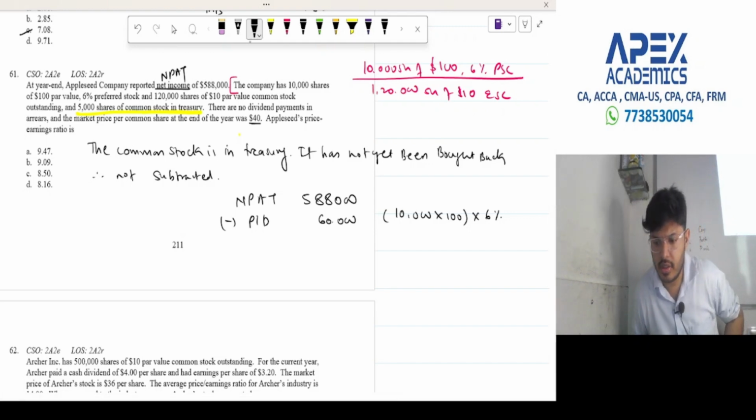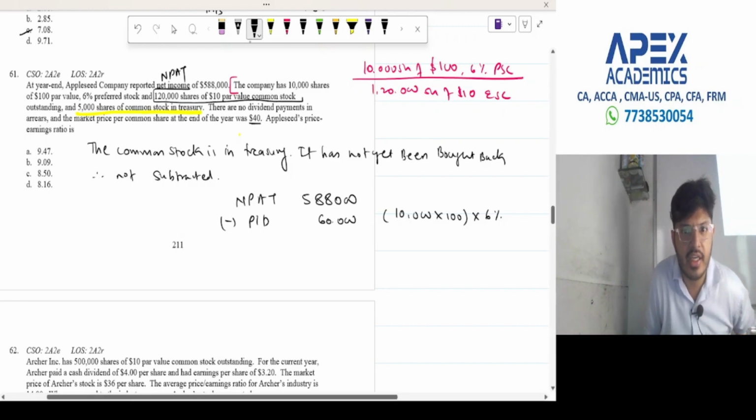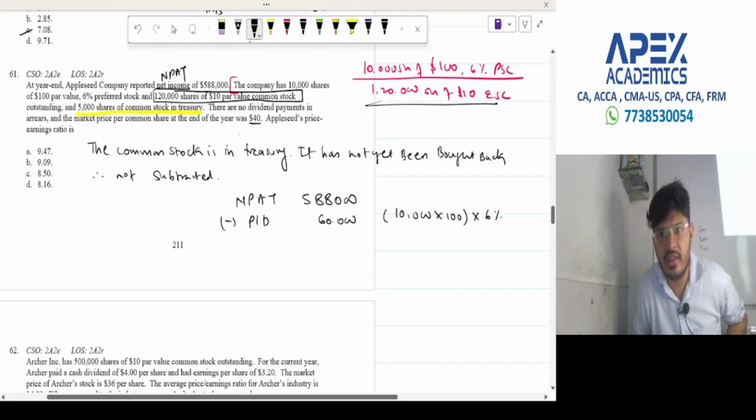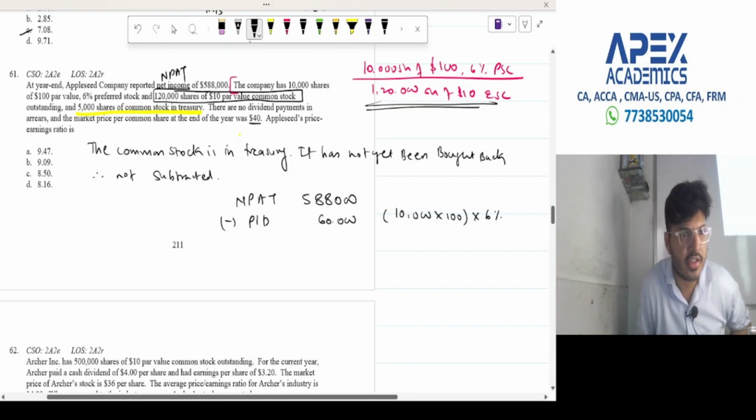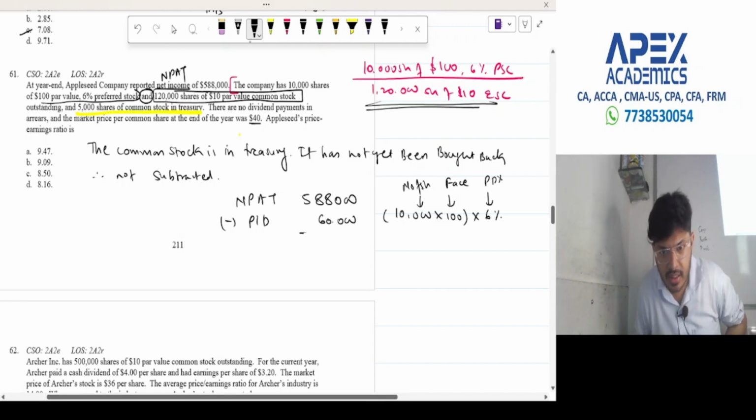Sorry? 1,20,000 shares of par value. ये equity shares है. ये इधर मैंने क्लैरिफाई किया ना, ये पर्पसली वो स्टेटमेंट, the company has 10,000 shares of $100 par value 6% preference stock, बीच में ये कंजंक्शन है and 1,20,000 shares. तो ये तो 10,000 शेयर है आपके 100 रुपीज फेस वैल्यू के, ये इसका प्रेफरेंस डिविडेंड का परसेंटेज है। ये नंबर ऑफ शेयर है, ये इसका फेस वैल्यू है और ये उसका प्रेफरेंस डिविडेंड परसेंटेज है। Do I make myself clear, yes or no? सो ये कितना बन जाएगा सर, ये 5,28,000 बन जाएगा।